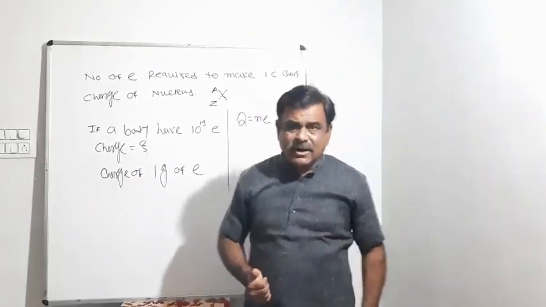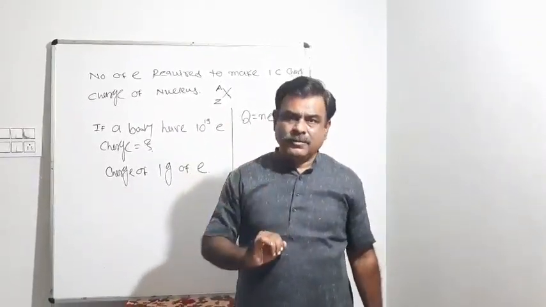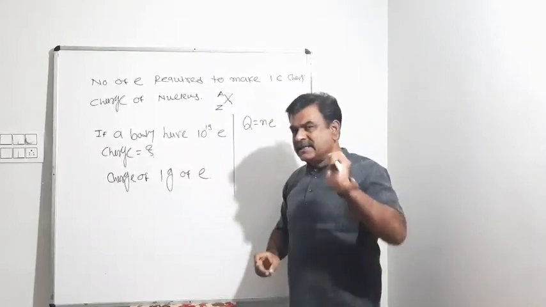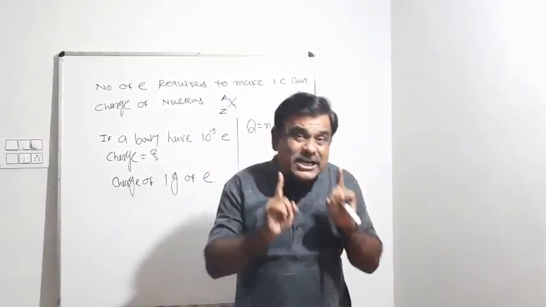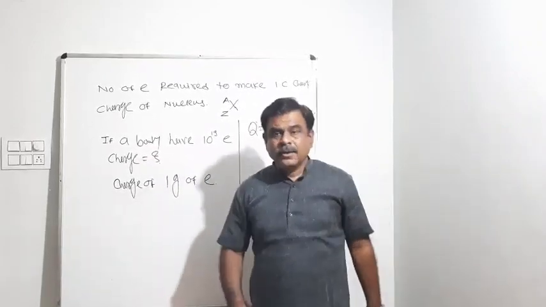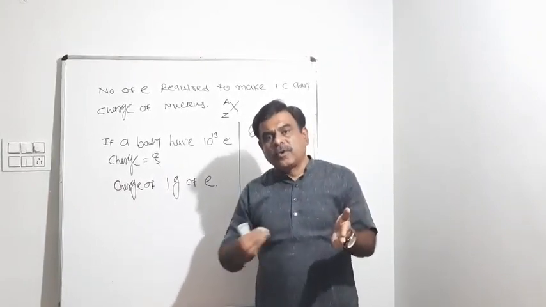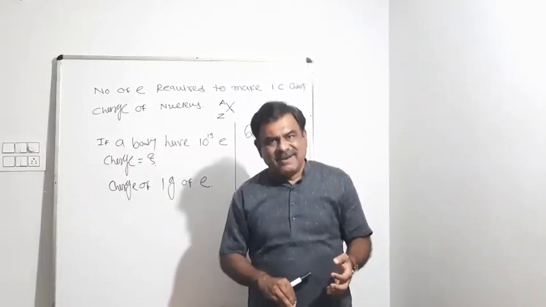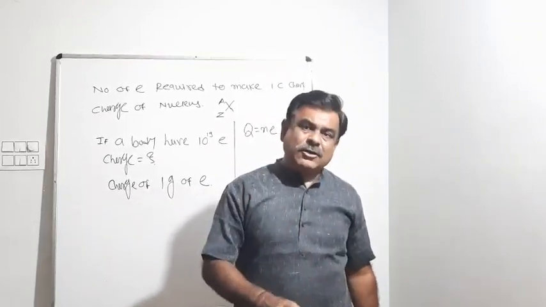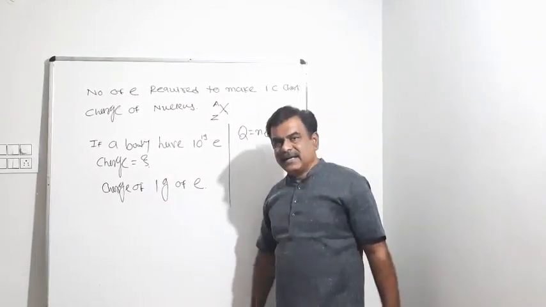So how are we charging a body? By transferring electrons, which is only possible in integer form. That is why charge on the body is always quantized. In the sense, from one body to another body, we can transfer 10 electrons, 20 electrons, 45 electrons, but we cannot transfer 7.5 electrons. Transfer of electrons will always take place in integer form. As a result, the charge developed on the body will always be an integer multiple of the basic electrical charge.